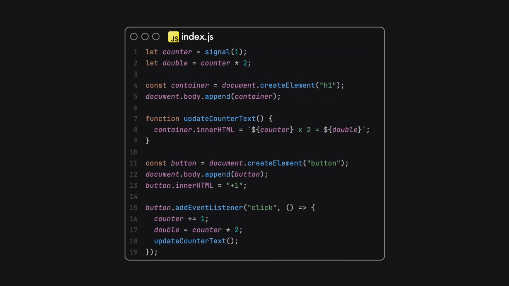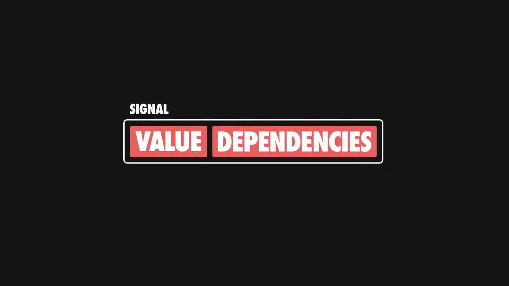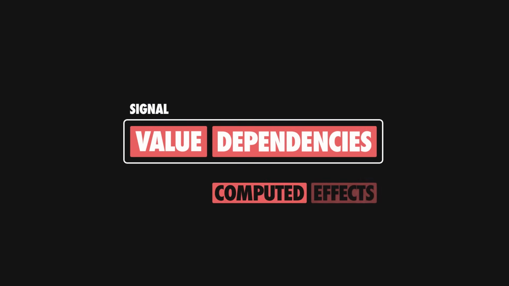This will turn the counter into a construct that can hold a value while also maintaining a list of dependencies. Associated computed signals and effects will silently register themselves in the dependency array, and whenever the value inside the signal is updated, these dependencies will rerun. Don't worry, we'll look at all these implementation details in a second.